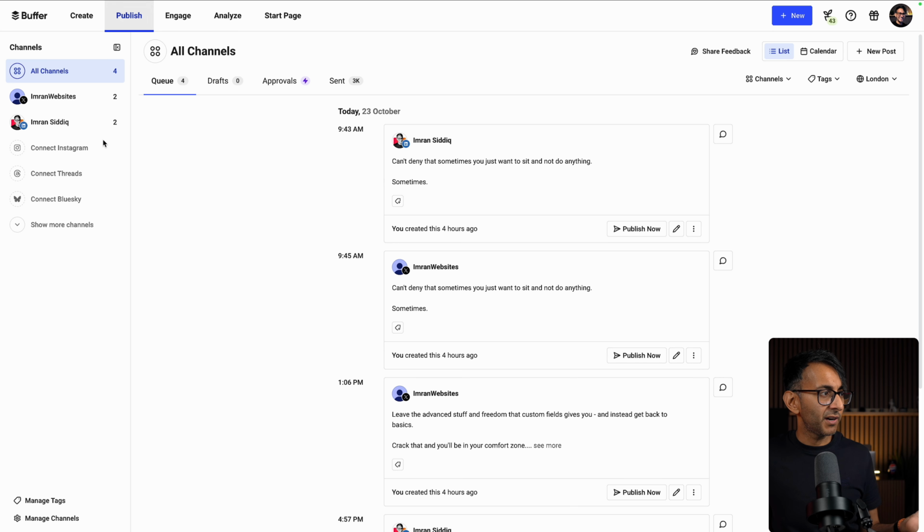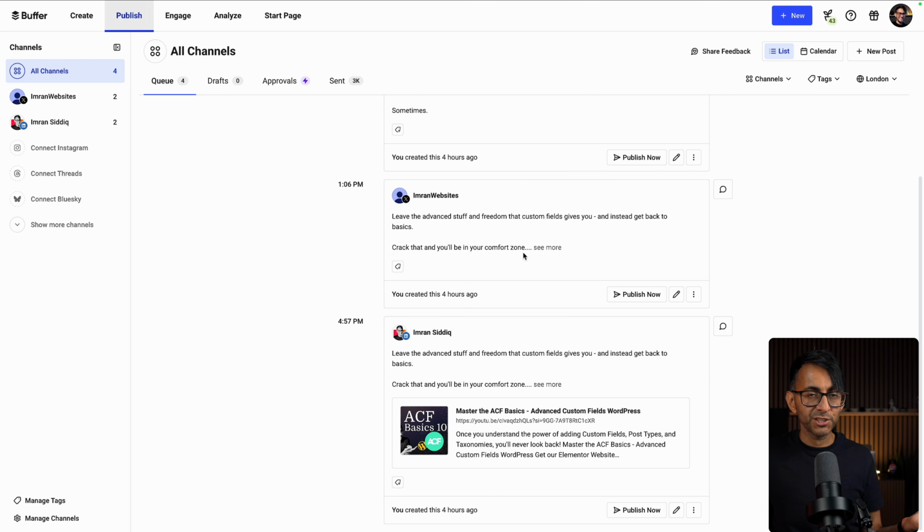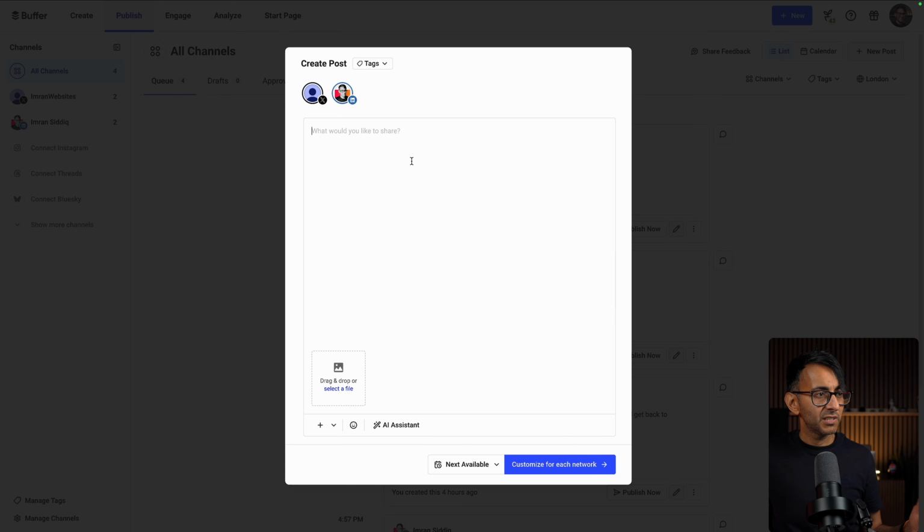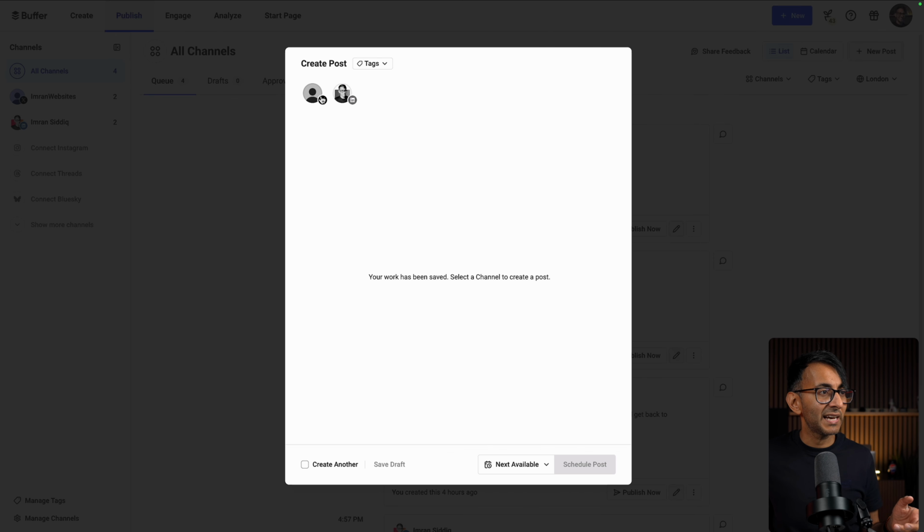So when it comes to Buffer, I just do Twitter and LinkedIn, and it's dead easy. Here you can actually see some posts that I've already scheduled out for when I want them to go out. You just hit new, go and select post, go and write out your post, go and upload an image or a range of images or drop a URL link in. You can even upload videos as well. Decide if it is definitely going to go to Twitter and LinkedIn.